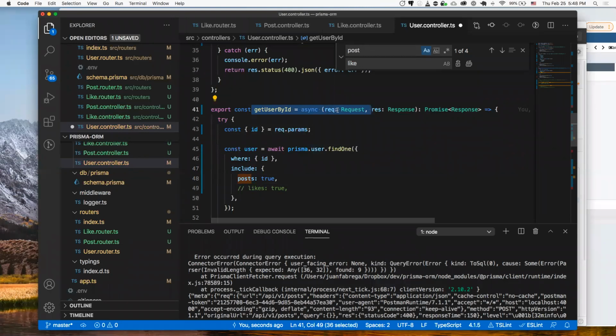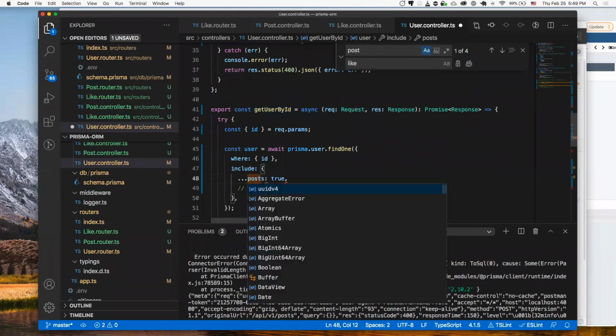So this could be controlled completely by the backend, saying, okay, the backend has these specific shapes that we're going to send you at different points, and you have to figure that out. You have to hit the right endpoint. Or you can just say, hey, we're going to give you a bunch of query parameters, and you can just go nuts and say, okay, include posts, don't include posts, include likes, include workspace, etc., and then run a bunch of conditionals here. So for example, if query